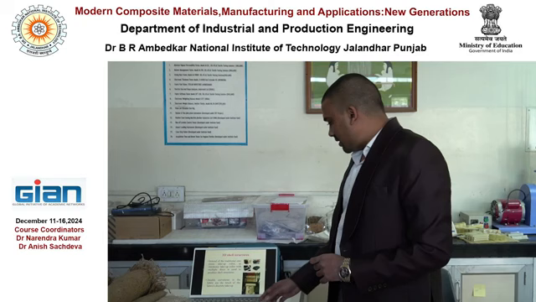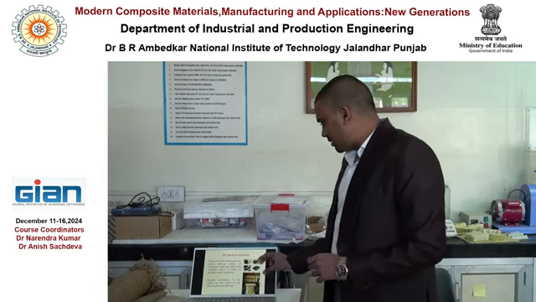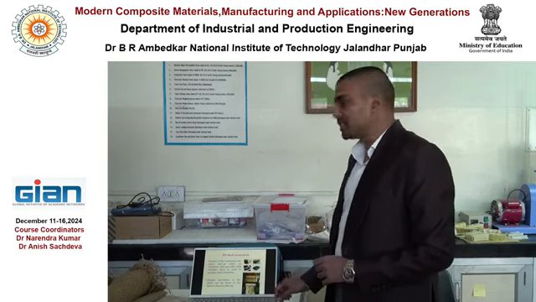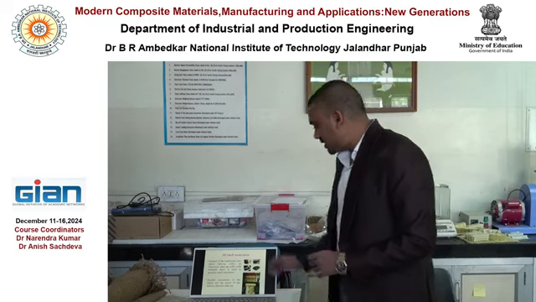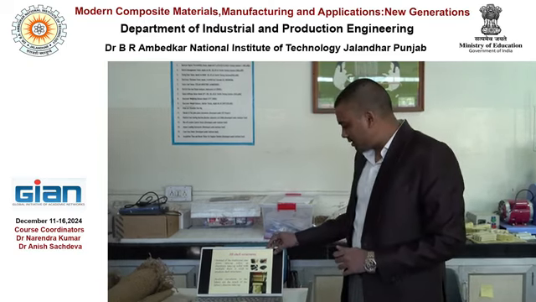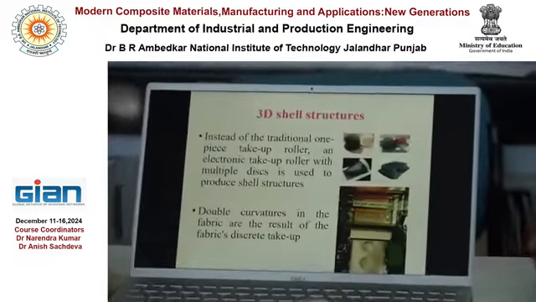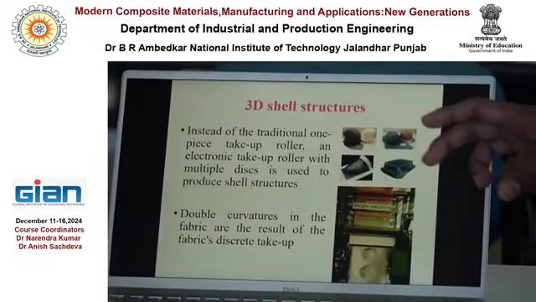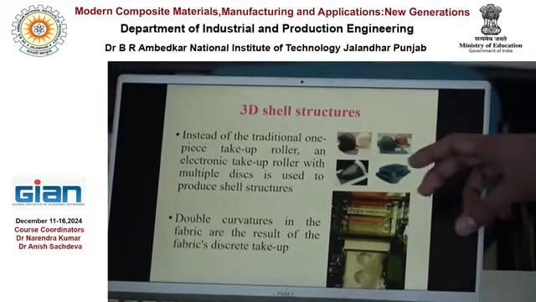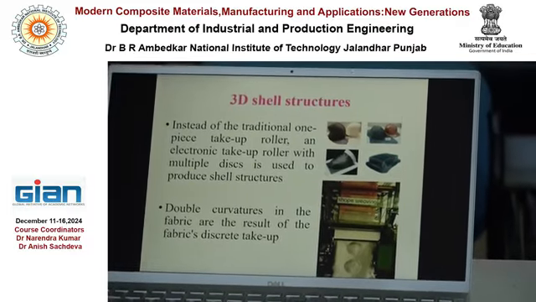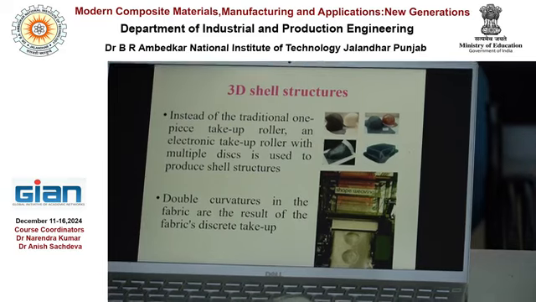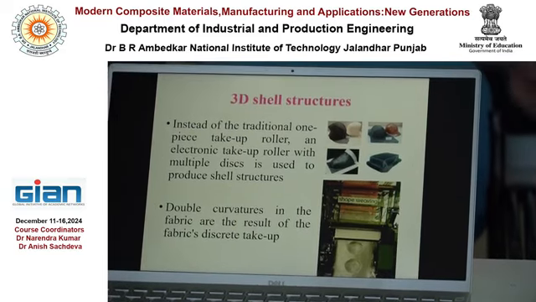So this is again one 3D structure, that is a 3D shell structure. In this particular case, we can produce the shell type of structure directly on the weaving machine by changing the fabric take-up rate. At what rate you are taking up the fabric, if you change it